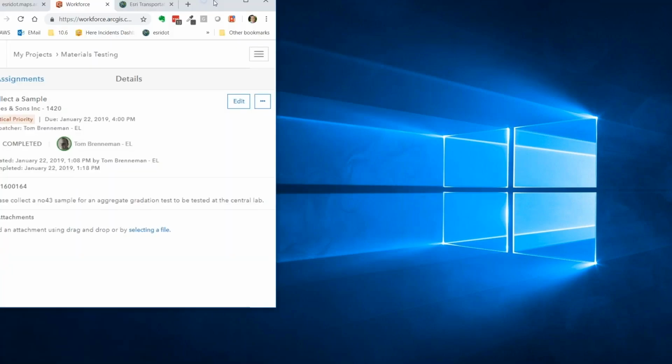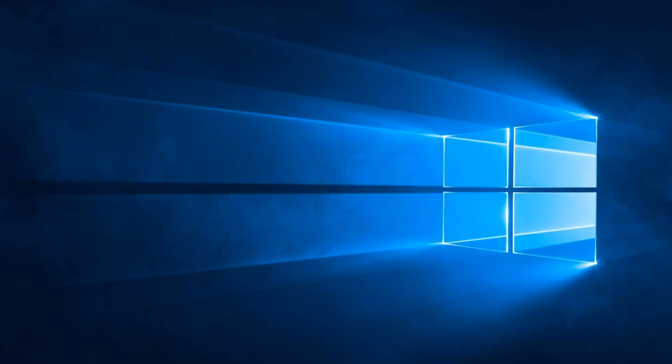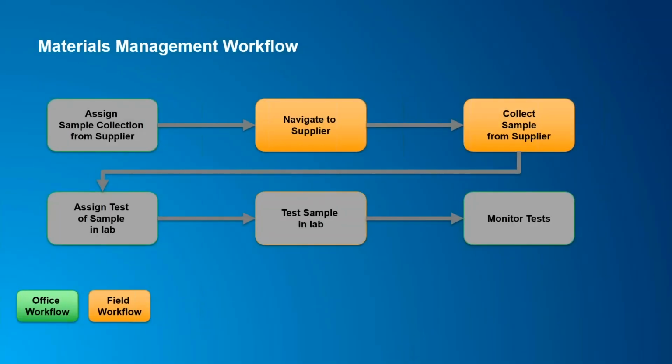And if we go back to what the dispatcher sees, yep, that work has been completed at that location. So they're getting that real-time feedback for what's happening out there in the field. So let me go back to my workflow so that I help you keep track of where we are in this process. So the work was assigned, we navigated to it, we collected a sample from a supplier, and now we're ready for the next step, which is to assign